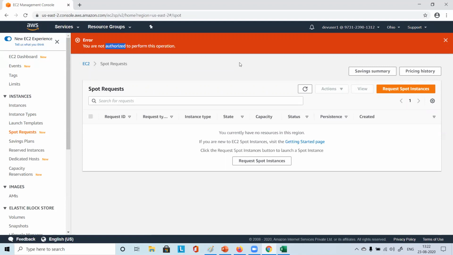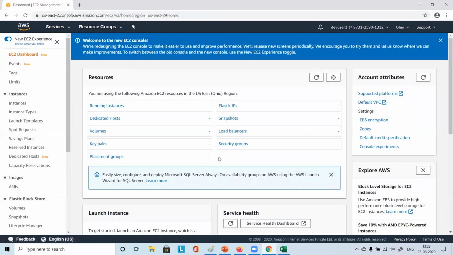We have not given anything to this user except the username and password. So policy we did not mention, so that's why. Yes, that's right, we did not add policy. Now you can appreciate the importance of policy, correct? So what should we do next then? We have to assign some policy to him. Yes, let's do that, right?